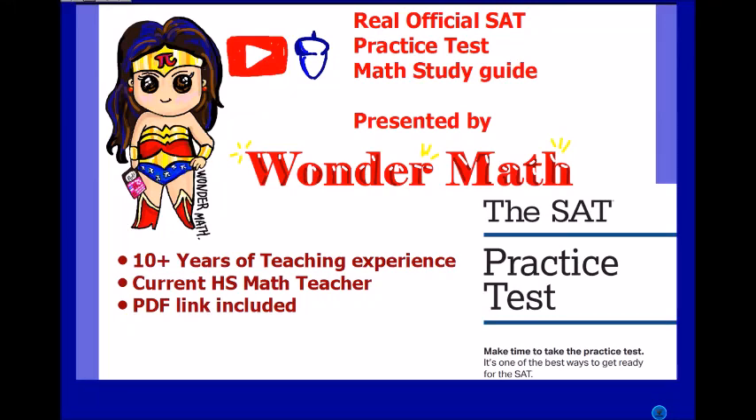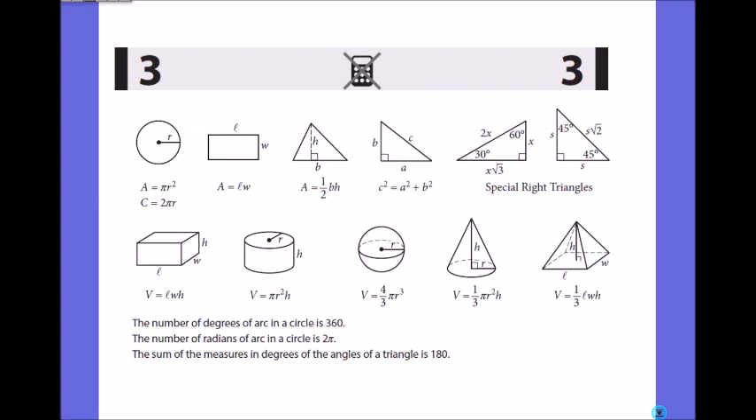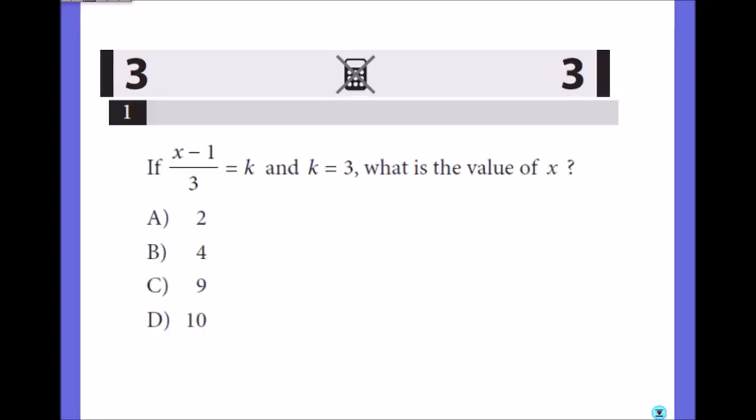Today I'm going to go over the SAT practice test number 1, math section number 3. In section 3, there are 20 questions for 25 minutes and calculators are not allowed. These are the formulas that they will provide on the first page of each section. And there's no penalty for a wrong answer, so always take your best guess if you're not sure about the